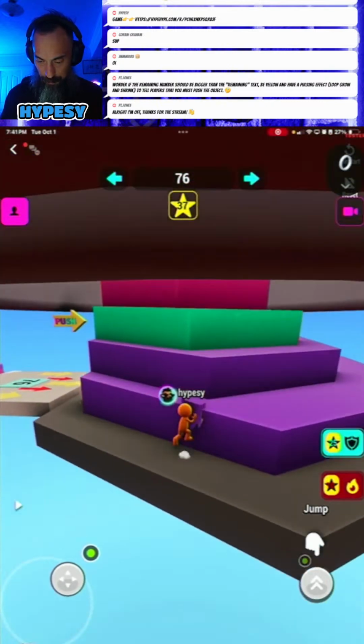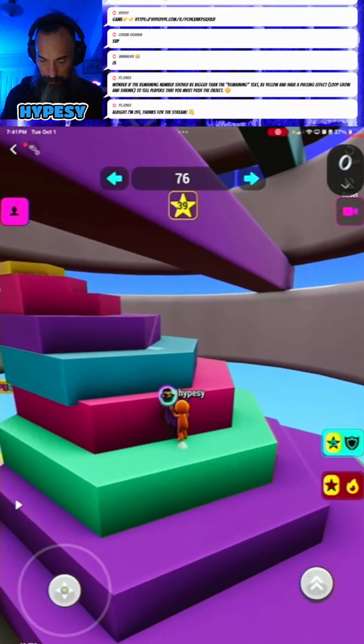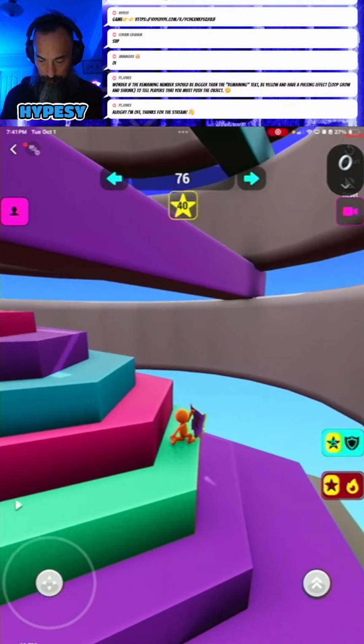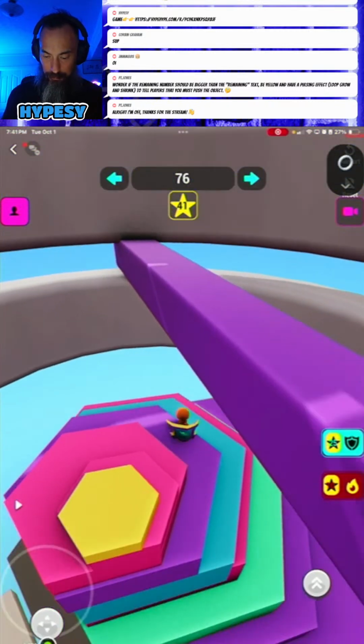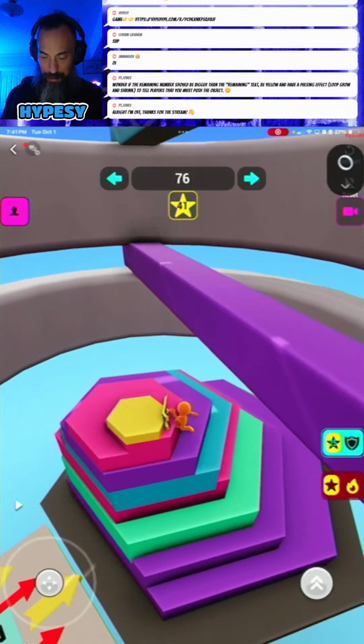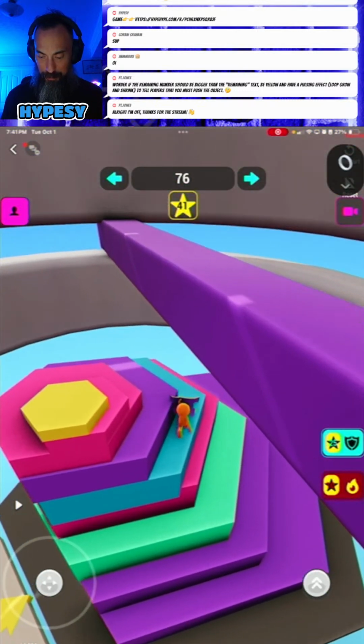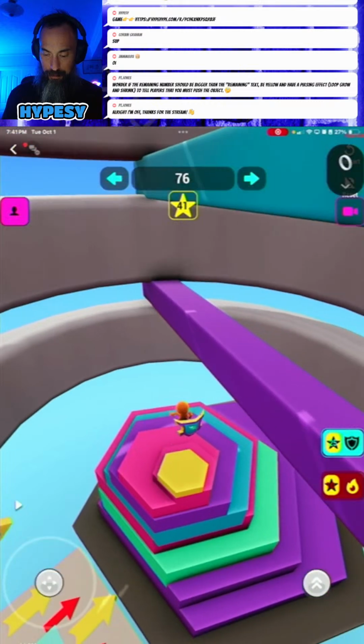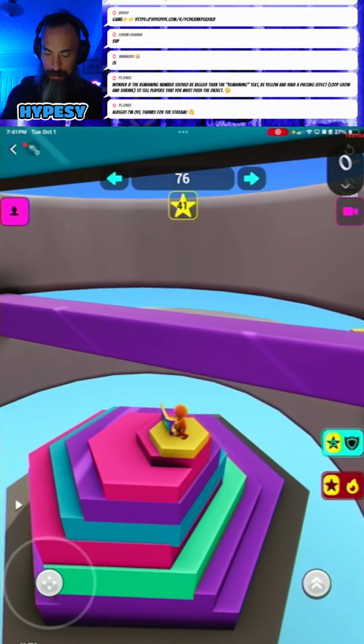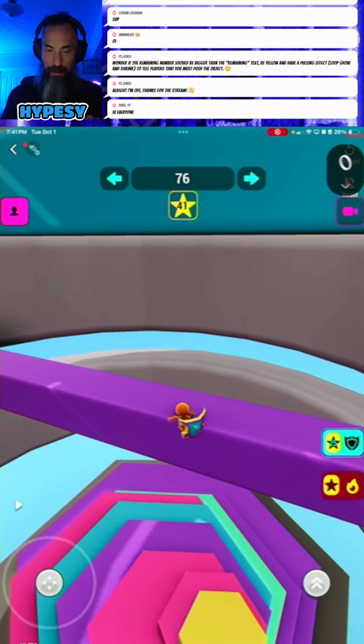All right, turn this one so I can create steps. I think it's a little bit too high. Let me see if I can move it down just a little bit.